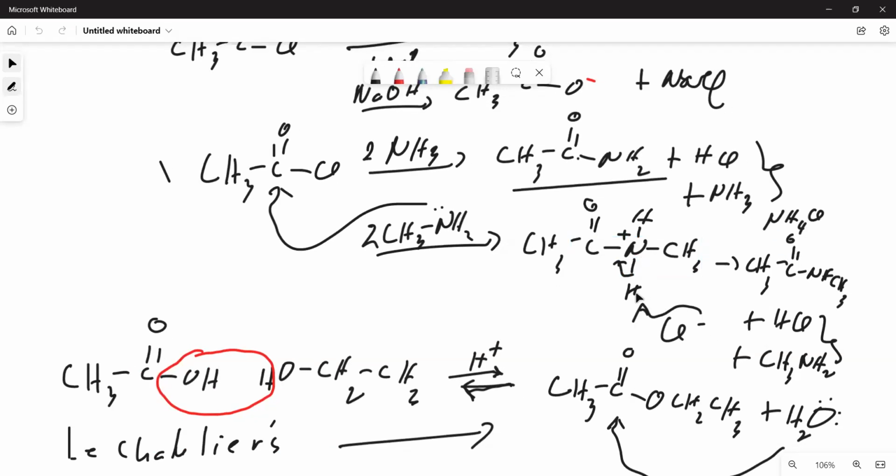Okay, the chloride will remove the H for this to become neutral. So you have now N-methyl acetamide. And the HCl, of course, will be neutralized by the second methylamine that you added. Okay, now, aside from those